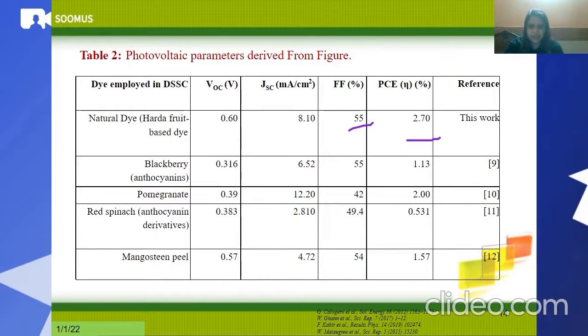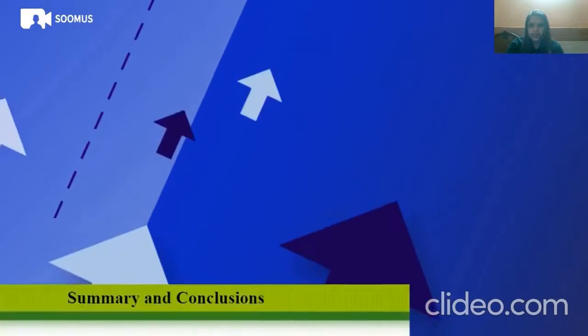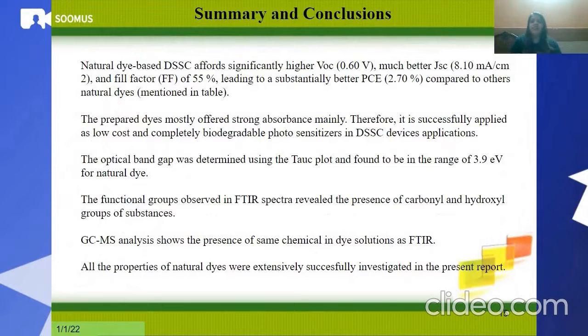2.7% in this work with the natural dye, which is very good compared to other natural dyes such as blackberry, pomegranate, red Spanish, and mangosteen peel. We can easily say that we get the best result by using this natural dye material. And the conclusion is that the natural dye DSSC affords significantly high photovoltaic parameters, and we get a significant power conversion efficiency up to 2.7% compared to other natural dyes which are easily available in the review, and the optical band